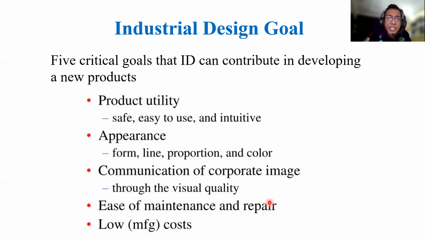And then communication. I forgot just now, communication here. Product design should communicate. The product communicates the corporate design philosophy, for example, because a company has its mission and its vision. So they have a corporate color, for example. The product communicates the corporate design philosophy and mission through visualizing the qualities of the product. I will explain all these things later in the next slide.